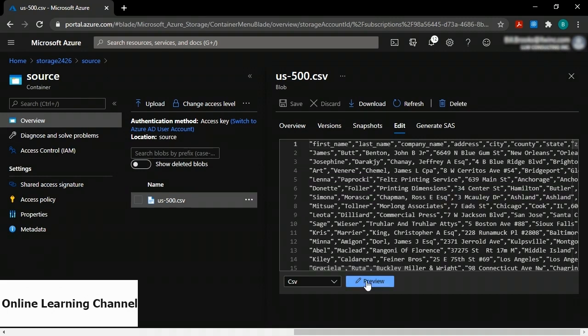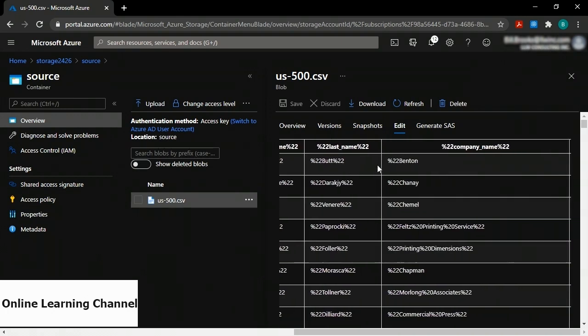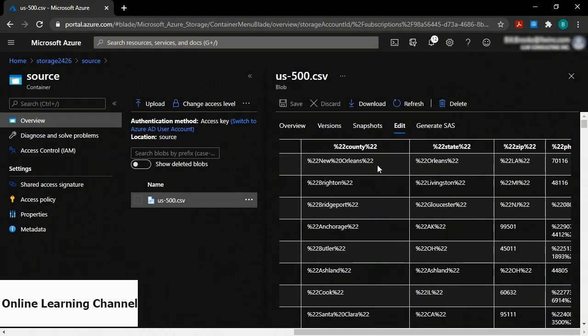And if I click the Preview button at the bottom, you'll see it has a lot of columns. And if I scroll to the right, there's a state column. Now, what our transform is going to be today is we're going to filter this to only the state of Illinois. And we're going to only show a subset of the columns, only the details of the company and its